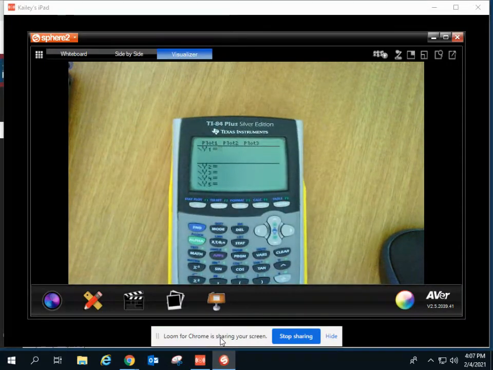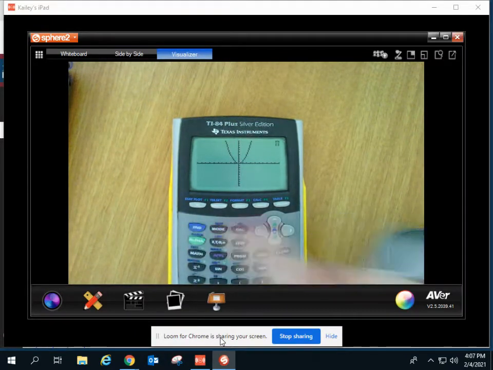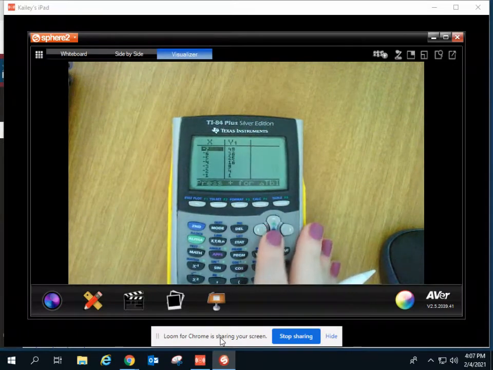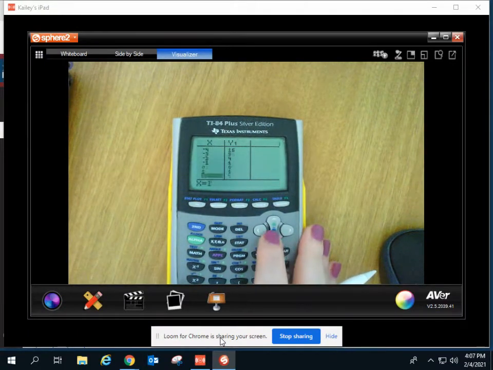I'm going old school today and actually using the real calculator. I know it's been a while since we've seen one of these. So I'm going to go to y equals, type in x squared, and graph it. We all know the parent function looks like it starts at the origin. It's just an upwards facing u. I'm actually going to go straight to the table though,